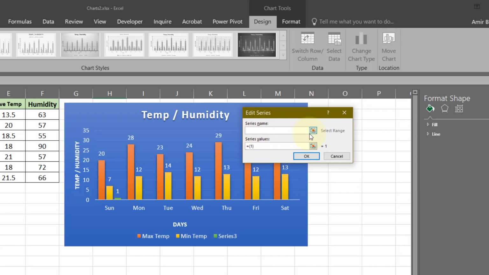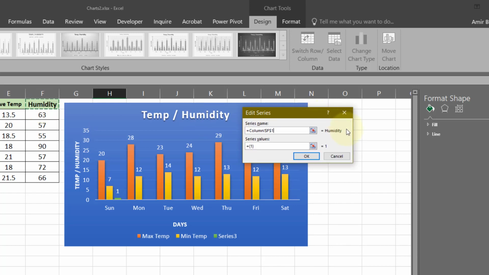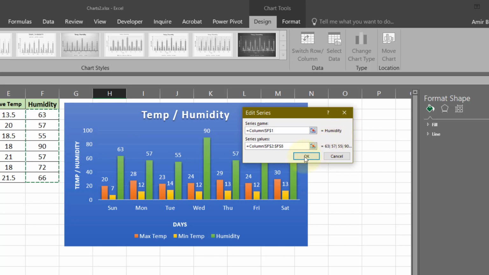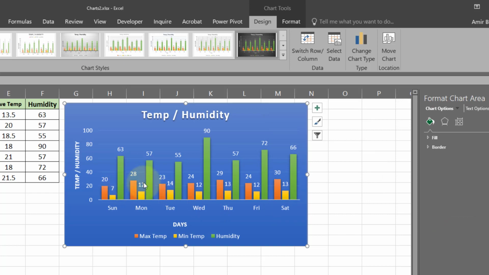You can type in the name or you can just click this and then series values. Now you can come and select all the values here and click OK and OK. So now you can see we have the third value, humidity, here also. So this is how you can add or remove data from your chart.